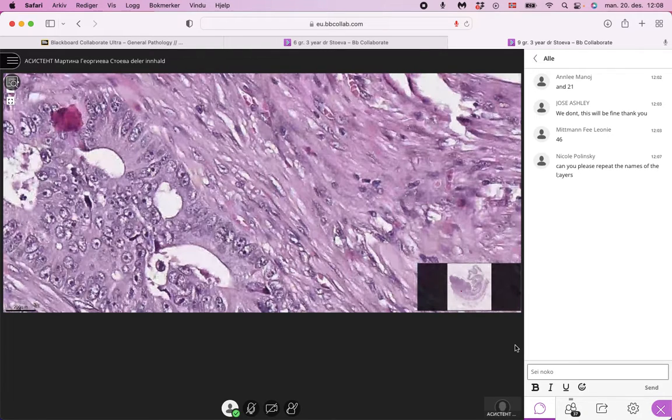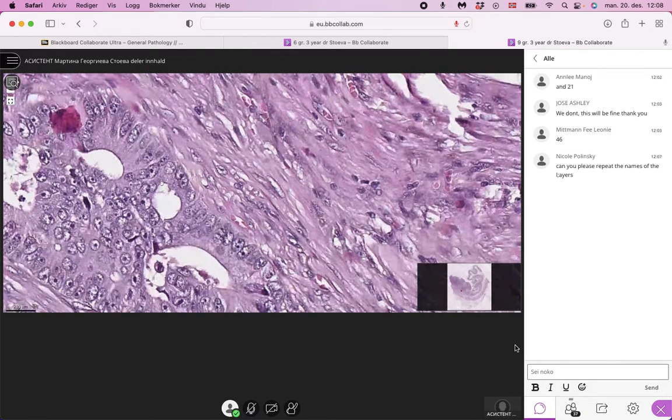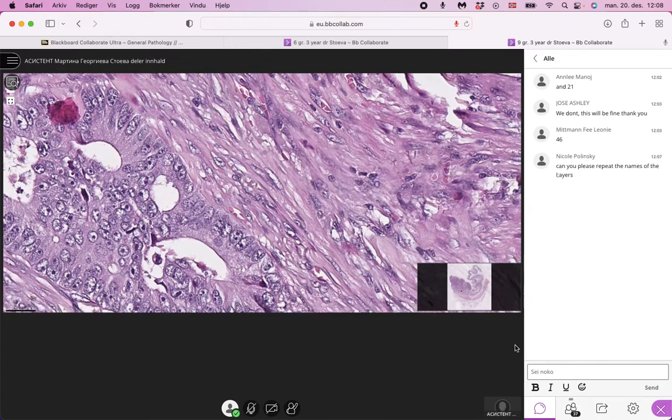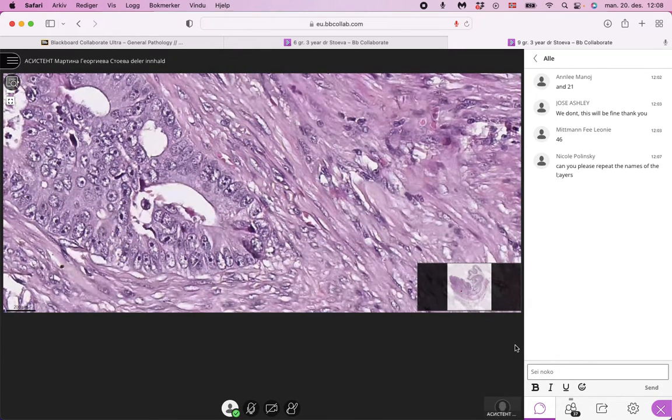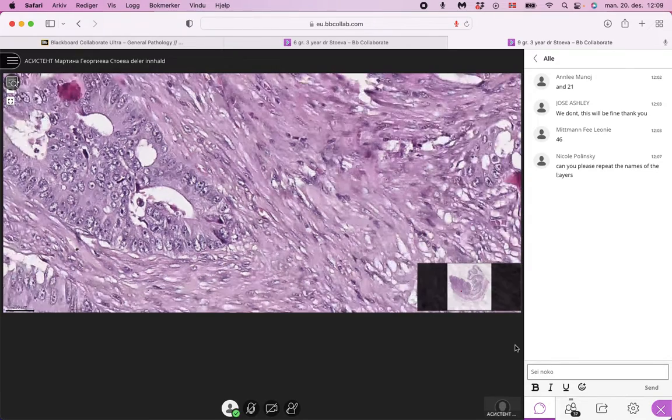These cells show features of cellular atypia with increased nucleus to cytoplasmic ratio, presence of prominent nucleoli, hyperchromatic nuclei, the nuclei are darker than normal, pleomorphism, so the cells are with different shape and size,